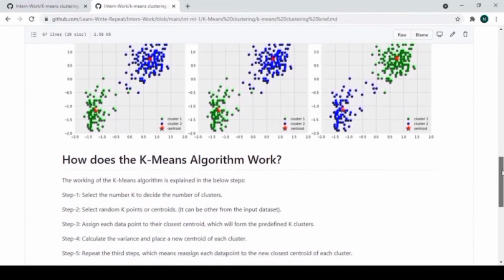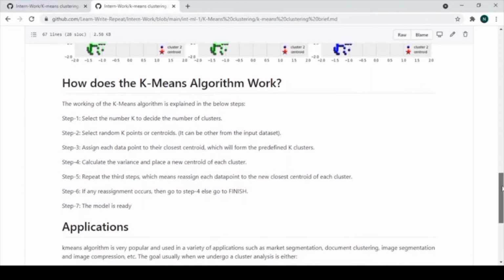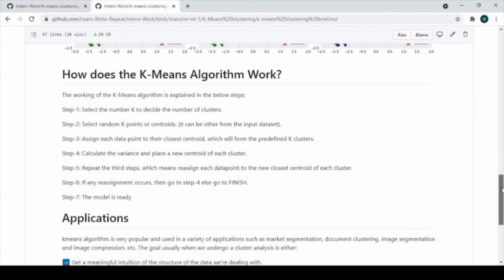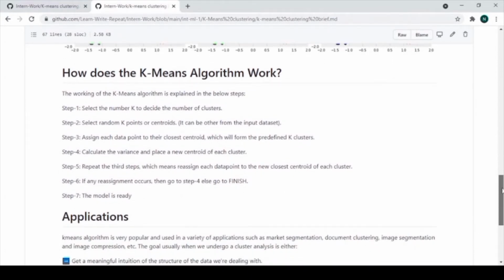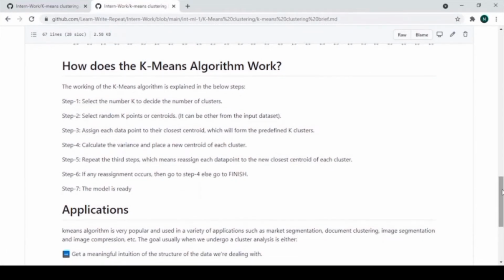Now coming to the next topic: how does the K-means algorithm work? The K-means algorithm basically performs the following steps. First step, we select the number K to decide the number of clusters. For example, we choose the number of clusters K. Next step, we select K random points from the data as centroids.